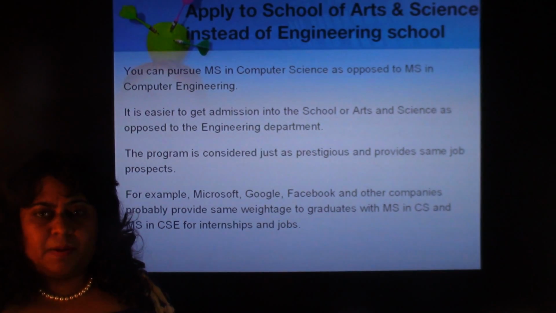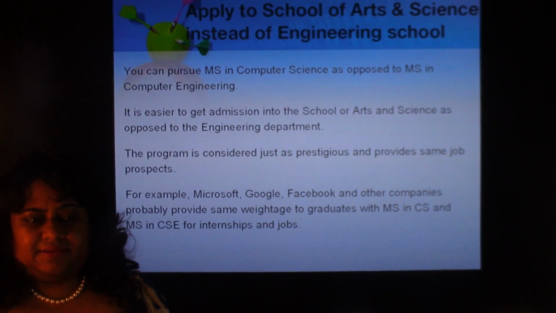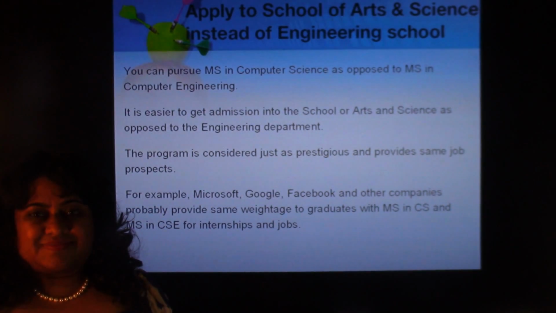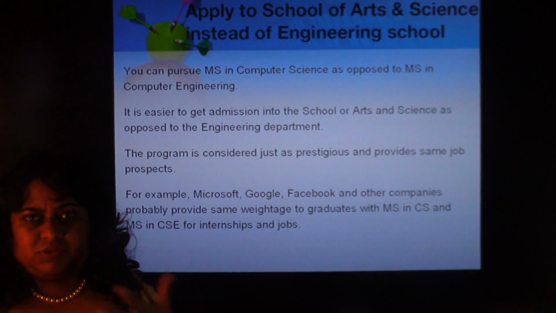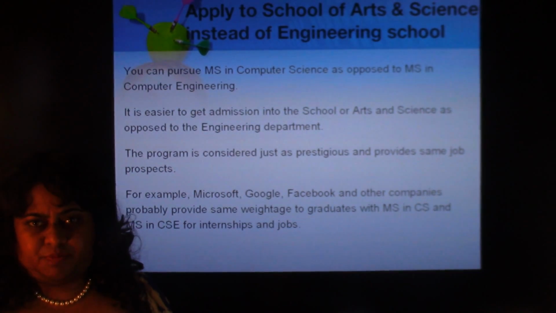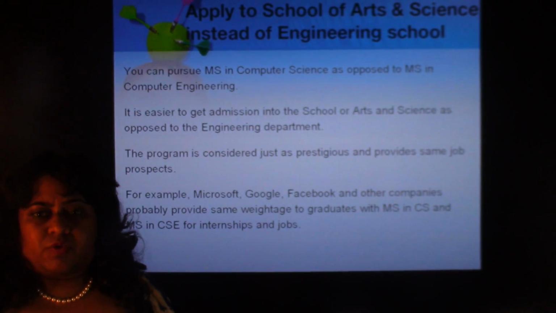But while applying, the computer engineering department is much more difficult to get into as compared to the computer science department. Usually the arts and sciences schools are easier to get admission into. So if you apply to a top university's arts and sciences department and you get admission, that might be better for you than going to a lower ranked university's computer engineering department, because anyway there's an overlap in 80% of the courses that you study. So what I'm trying to say is,